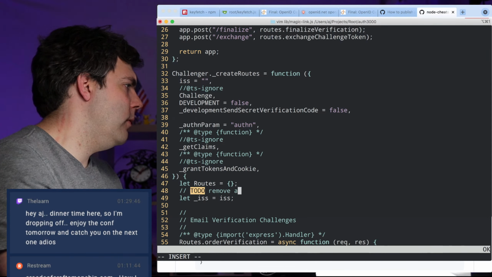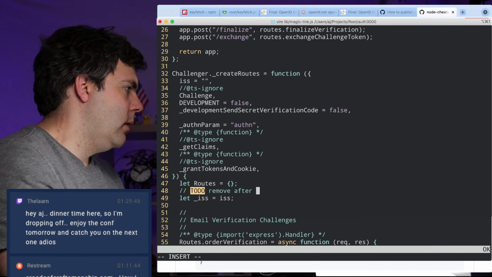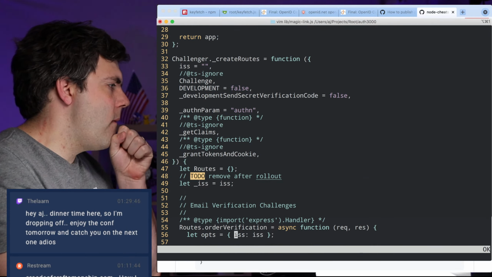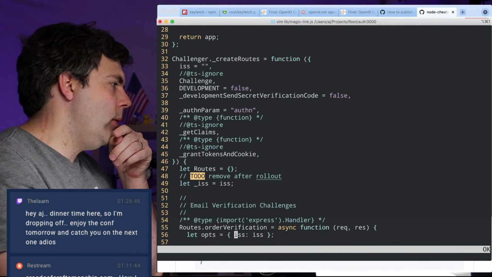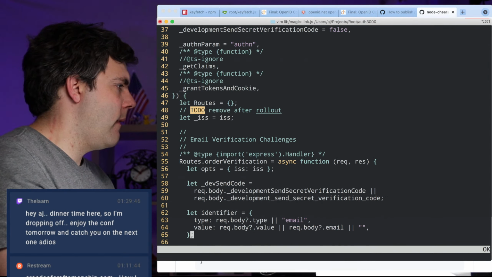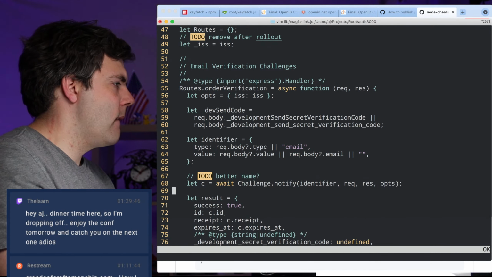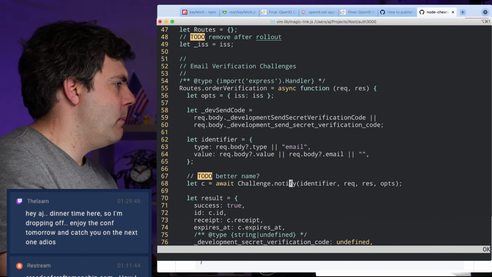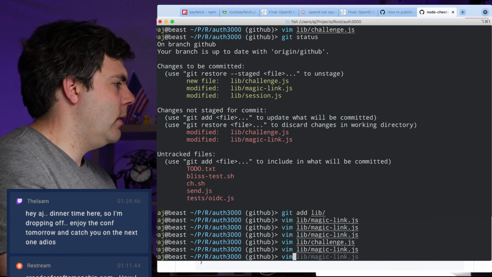To do: remove after rollout. So we don't need that, because we already have those things.